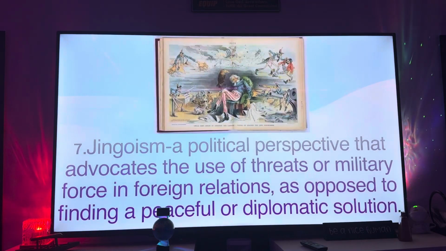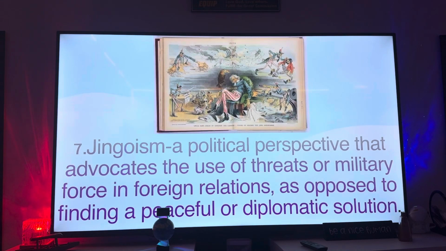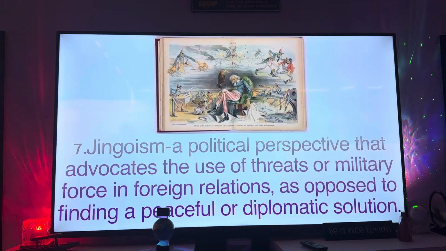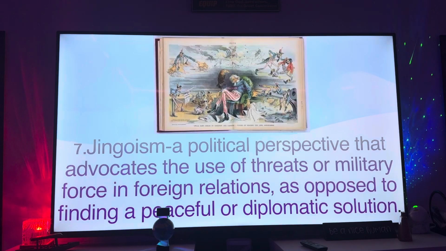Now, the next thing is this concept of jingoism. Jingoism is a perspective that advocates the use of threats or military force in foreign relations as opposed to finding peaceful and political or diplomatic solutions. Here we're talking about the Spanish-American War, and we will look at that in greater detail in class with our project that we're doing. Now, our next one